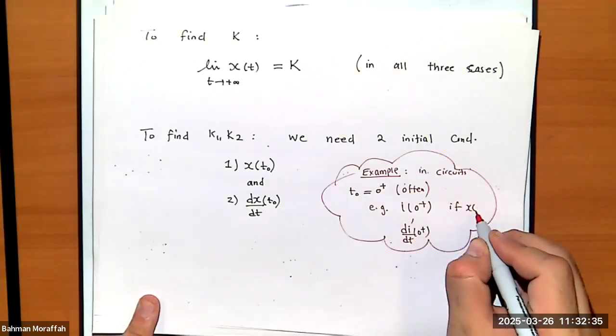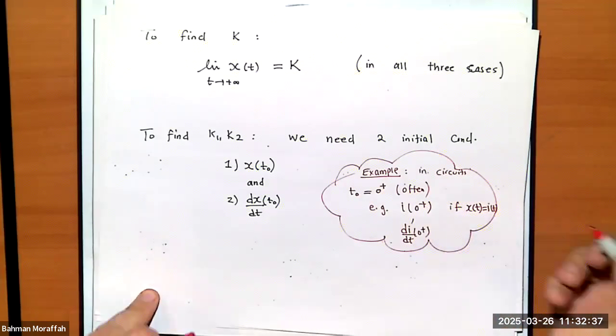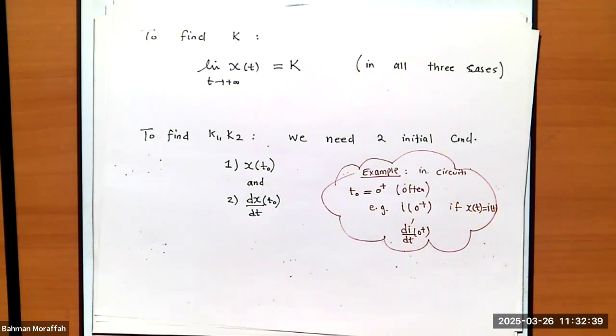If I assume x is i. But keep that in mind. This i might not be the current through the inductor, so it might not be continuous. So we have to be able to find these initial conditions somehow. And as soon as I know these initial conditions, I can find k1, k2, and obviously k. Right? We're going to get into the details of it a little more when we're actually solving the circuit. But before we go through that recipe,